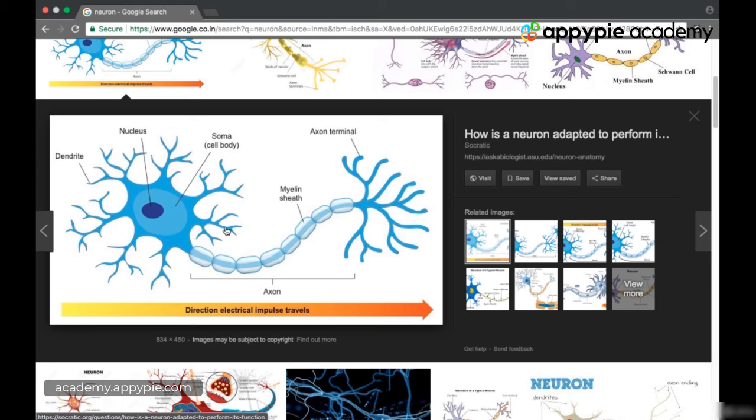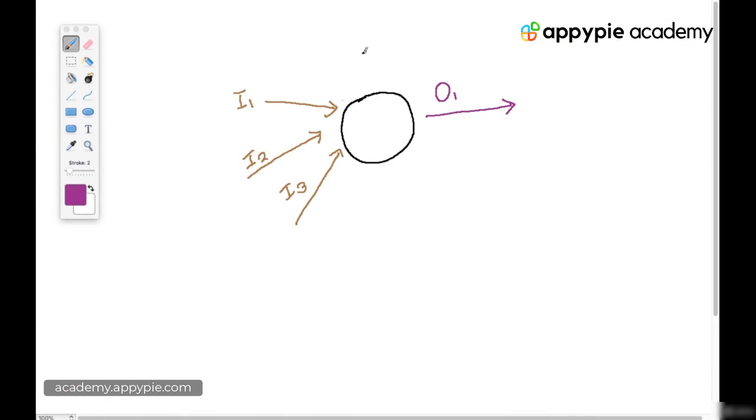It takes in all the inputs and then it has a corresponding output channel over here. All of these terminals actually connect to the dendrites of further neurons, and that is how the electrical impulse actually travels ahead. So in our case also we have 3 inputs and we have 2 outputs.